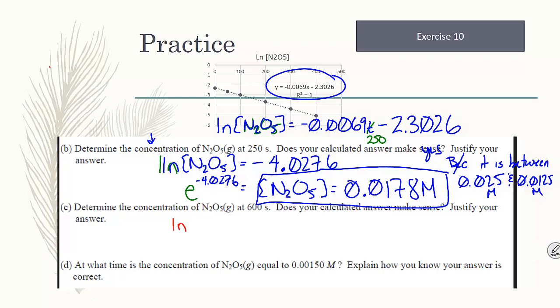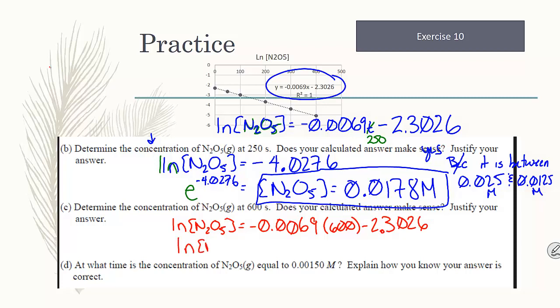Again, the natural log of the concentration is going to equal a negative 0.0069 times 600 for our unit of time, minus 2.3, and plugging that expression into our calculator, we get that the